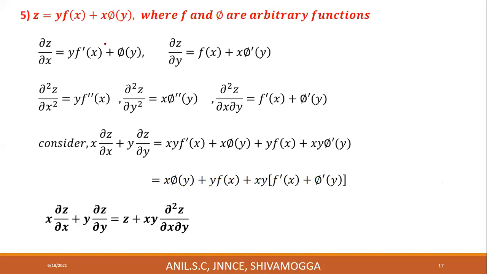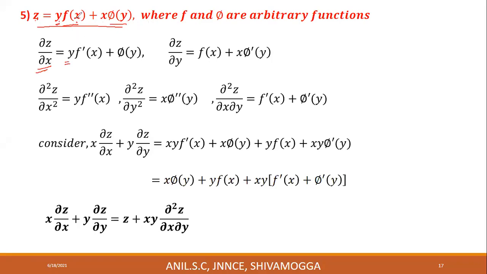See, here we have two arbitrary functions, f and phi, right? F is an arbitrary function, phi is also an arbitrary function, and these are to be removed from the partial differential equation. You take this as equation number 1, and differentiate partially with respect to x and partially with respect to y. First, I differentiate partially with respect to x, denoted by del z by del x. Here, y is constant because this is partial differentiation with respect to x. Therefore, y is to be treated as constant.